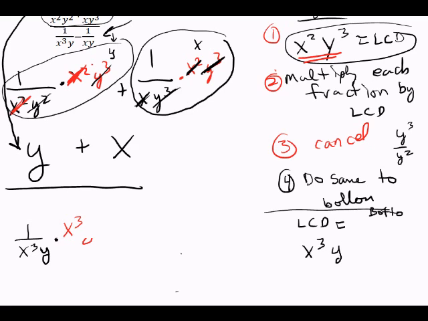I'm going to multiply it by my LCD. I'm changing my LCD to red so we understand that. And we have the LCD is x3y. And then we're going to subtract it. And we have 1 over xy. And the LCD is x3y. Let me change the color, and it's going to let me. There we go, x3y. Now, on the first fraction,